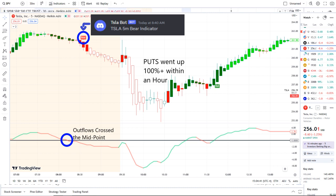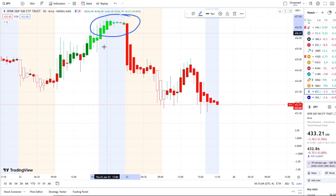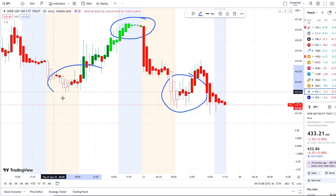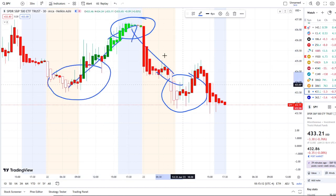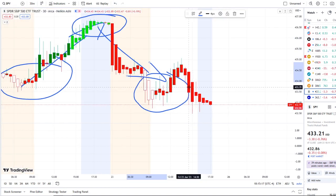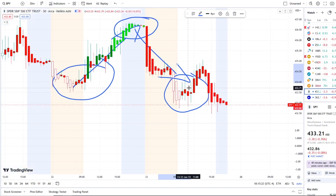Let's jump into these charts. So here we are with the SPY, the S&P 500 index, doing a full transition from the rip area to the dip area today. And if this is your first time coming across the channel, this is 42 vision, which allows us to see the dips from the rips to the dips, and where the strength and weakness lies within the charts. And we also use our bull and bear indicators and inflow versus outflow as an extra layer of